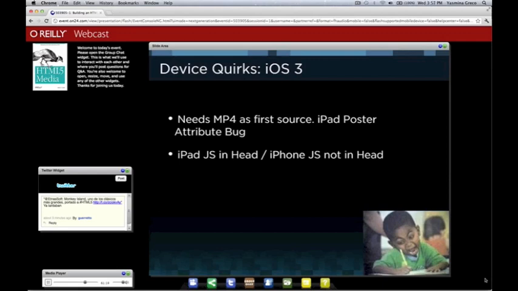No, I don't have fixes for these. In this case, for the iPad poster attribute bug, you just don't include a poster if you think that's going to be an issue. And then the last one is there was a weird issue around including JavaScript in the same